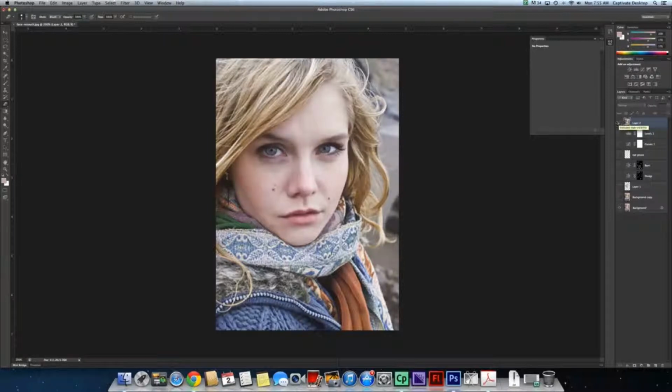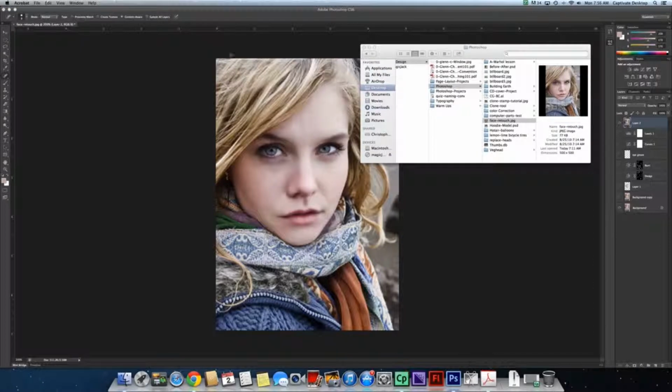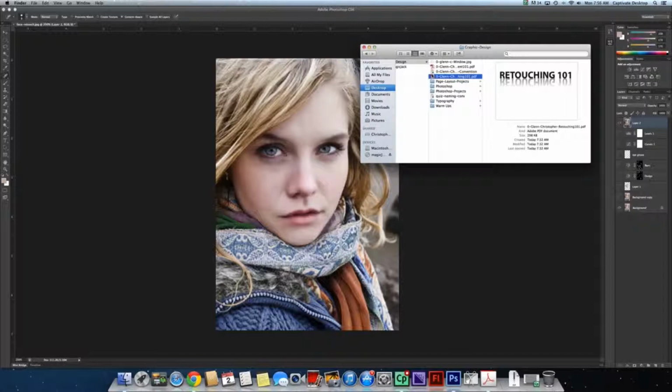And also, I wanted to remind you, moles are not things you want to retouch and take away. I just showed you how to use this one tool, the spot healing tool, to get rid of some of these things. But normally moles and scars you don't want to get rid of. You want to keep that. That's distinguishing features about your model that you probably do not want to take away. So that is Retouching 101,